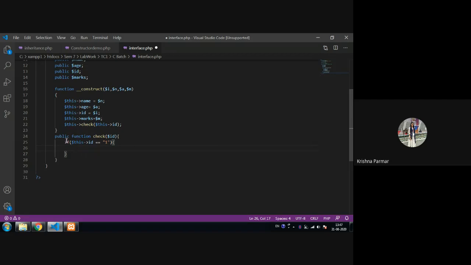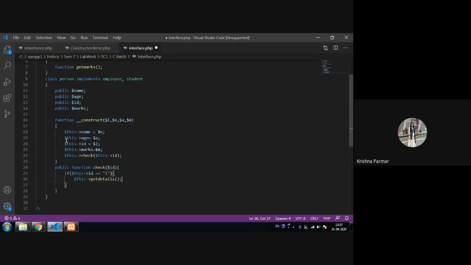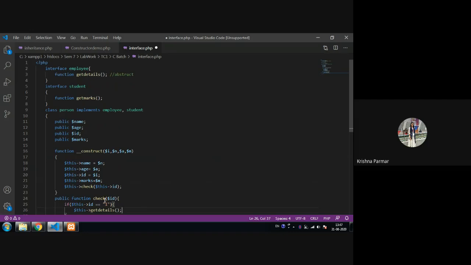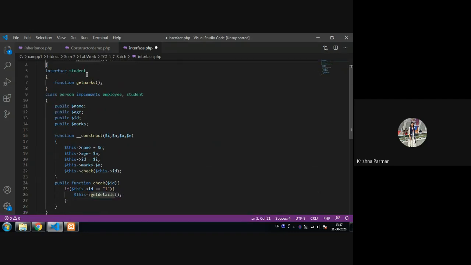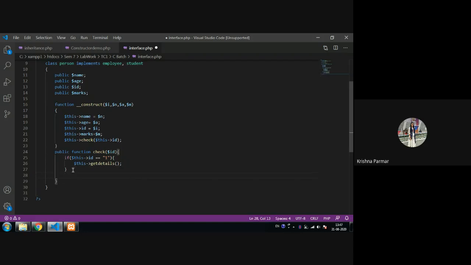That is the employee interface, so the getDetails method is called, because I want to get the employee details. And in the else part, I go for the other method call, that is the student, and that is getMarks. Here I'm checking if the ID is 1, then go for the employee part. If ID is not 1, then go for the student part.